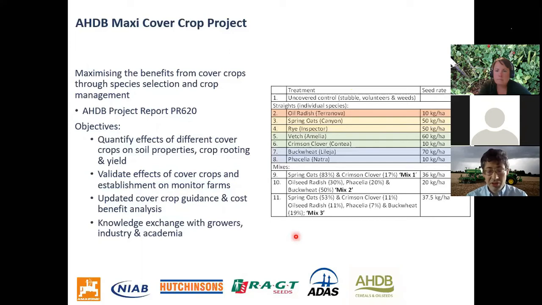There is a report published on the AHDB website, which you can now go and read at your leisure. The main focus I wanted to cover today was a little bit on the rooting abilities of cover crops, because we know different species will have different growth habits, both above and below ground. Quantifying below ground root growth is quite difficult and expensive, so it's less well quantified. But certain cover crops do have better growth habits. If we're looking at soil structuring and opening up the pores for better drainage and nutrient retention, some species are better than others.